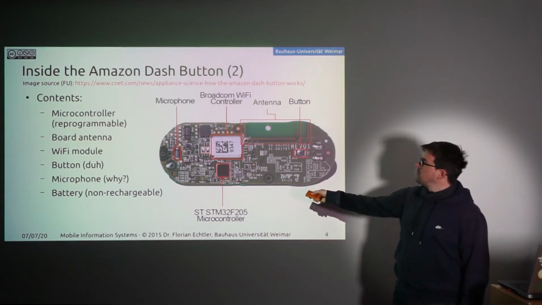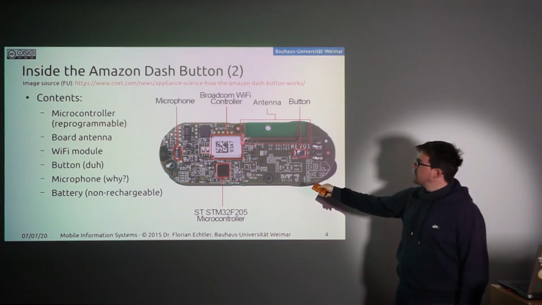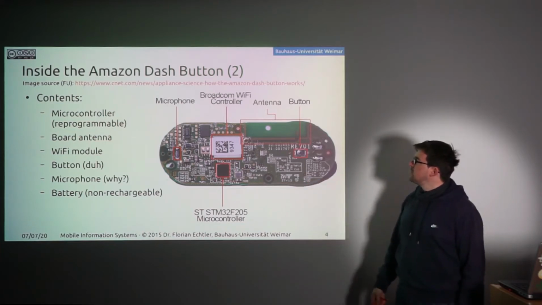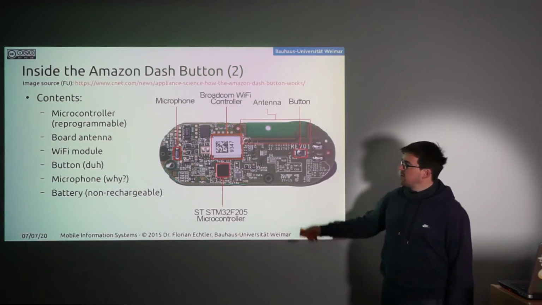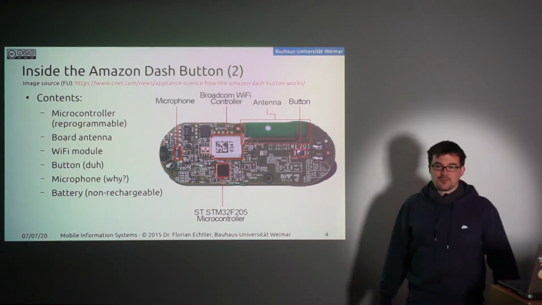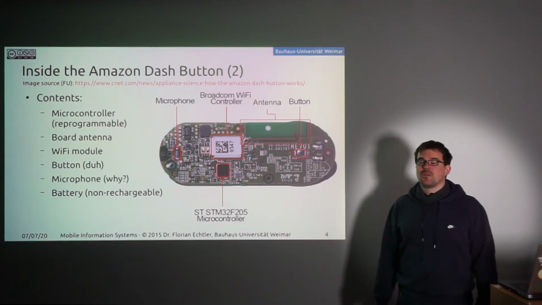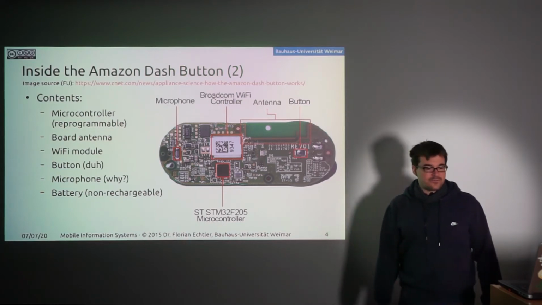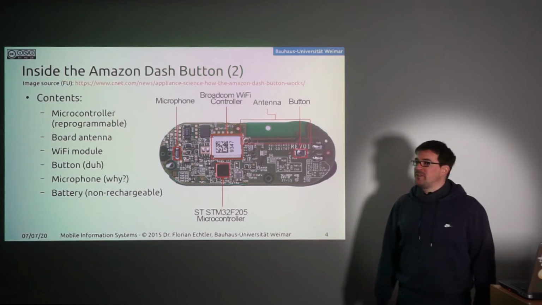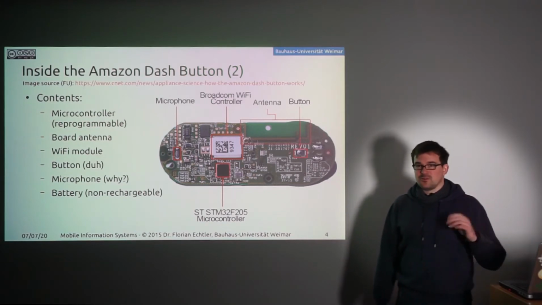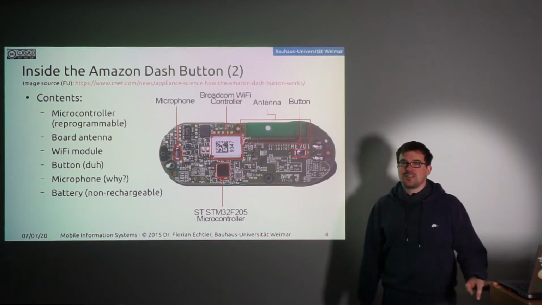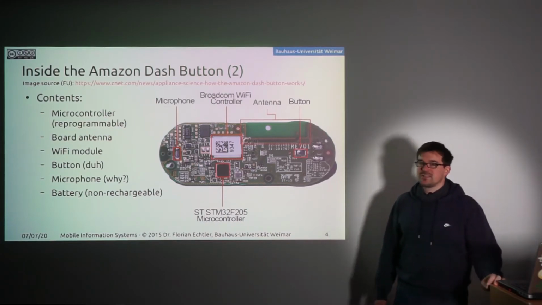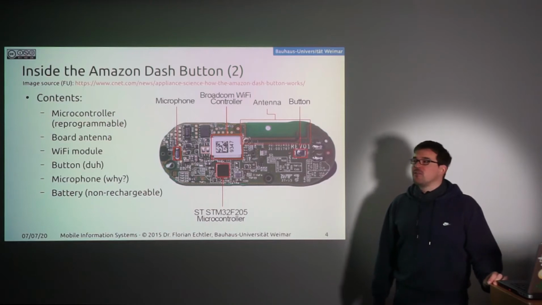Then we have a separate module for the Wi-Fi. So this is not handled by the microcontroller, but there's a dedicated module for all the Wi-Fi stuff. And last but not least, there's a microphone here. And when this dash button was introduced, a lot of people were up in arms about the microphone, and similar to Alexa devices, said, oh, and now Amazon is putting even more microphones in our homes and listening to our conversations and so